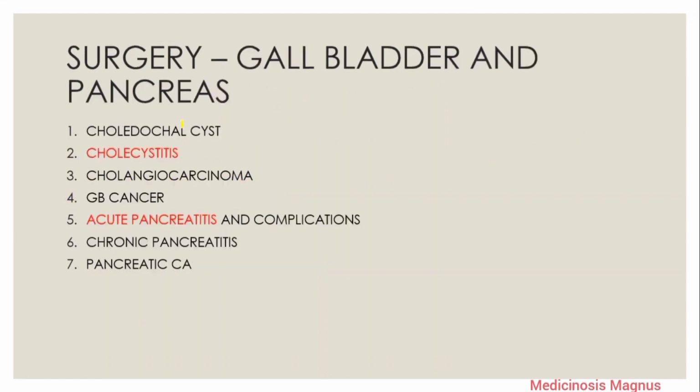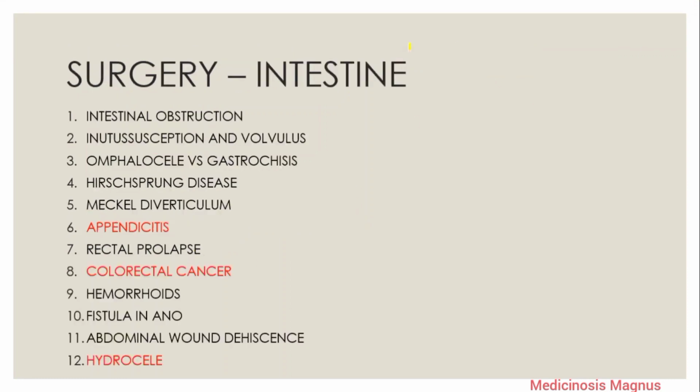In the gallbladder and pancreas, mainly the cholecystitis and acute pancreatitis have been asked many times. Also know about the other, cholangiocarcinoma, the Klatskin's tumor, and pancreatic cancer. For the intestine, the intestinal obstruction, intussusception and volvulus, the signs that are seen in the X-rays and ultrasounds,